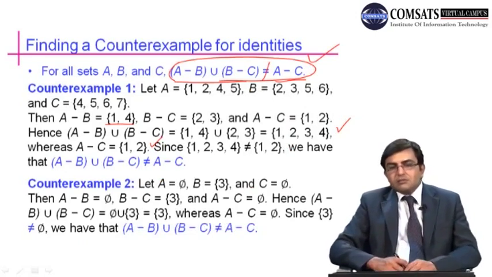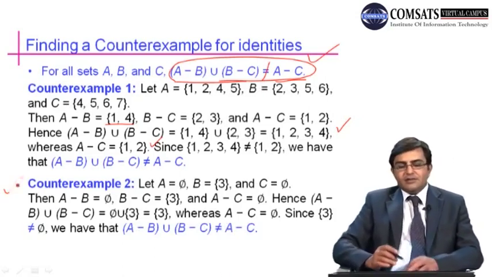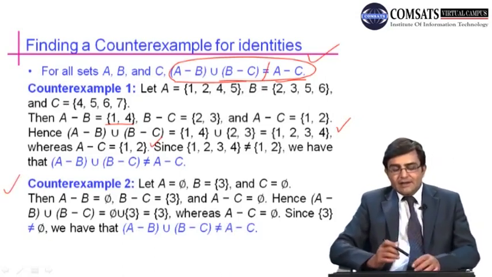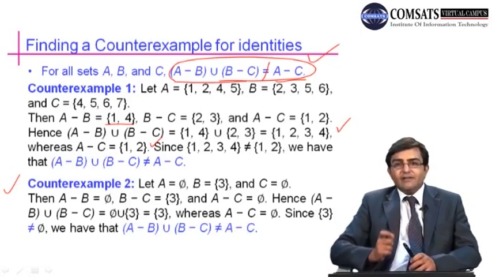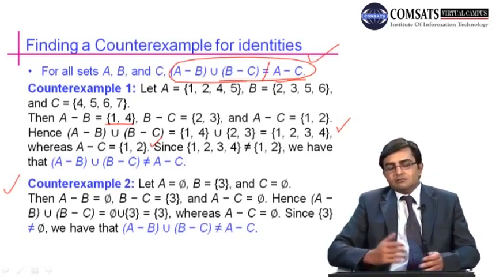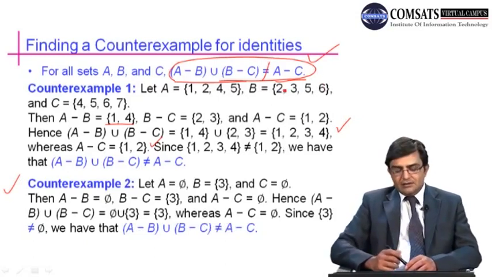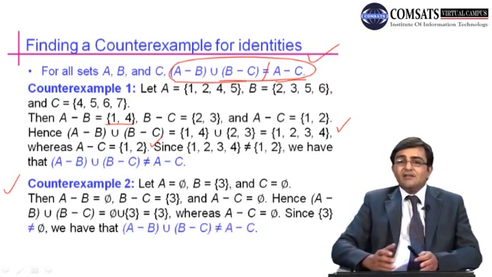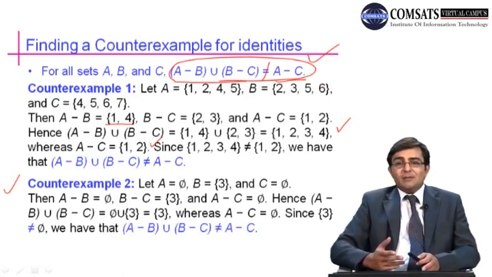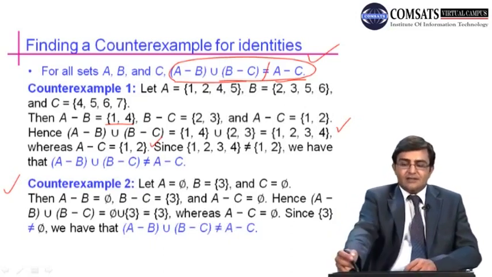So this is how we can find a counterexample. This is another counterexample for the same identity, but it means that it is not necessary that there is only one example which dissatisfies the above equality. You can find many counterexamples to prove that this identity is not equal. But in some cases there may be a unique counterexample which dissatisfies the equality. But in normal cases there are several counterexamples which dissatisfy the given